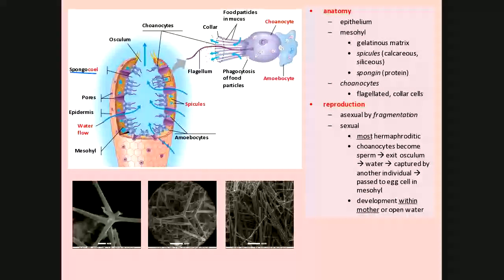Right? Most sponges are hermaphroditic, in the sense that they're able to produce both sperm and eggs. Typically, though, like we were talking about in the mosses, they try to avoid fertilizing themselves. So specifically, there are colonocytes inside the spongocoel that during the reproductive time actually transform or become sperm, and they then are moved out through the osculum with the water flow where they drift in the water.